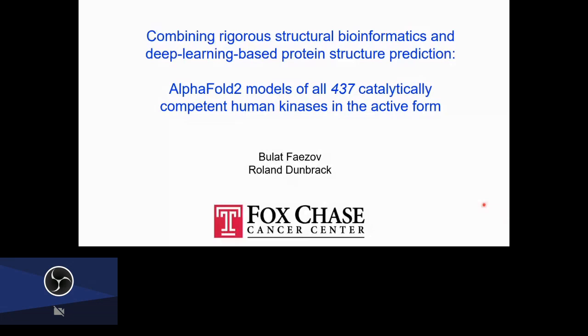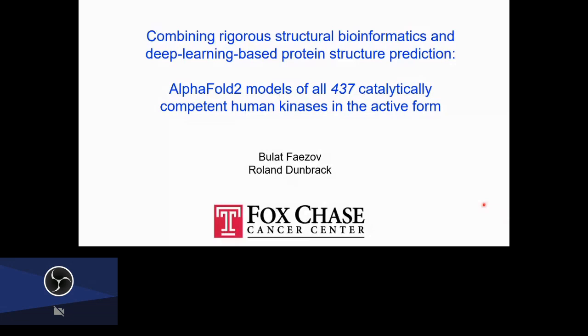We also want to understand the effect of mutations on kinase activity, for instance in cancer. And so the question is, can we use AlphaFold to make models of all 437 of these kinases in their active form? But that raises the question: what does an active kinase structure look like anyway, and how many of them are there in the PDB? The way we're going to do that is to look at substrate-bound structures of kinases, as well as ATP-bound